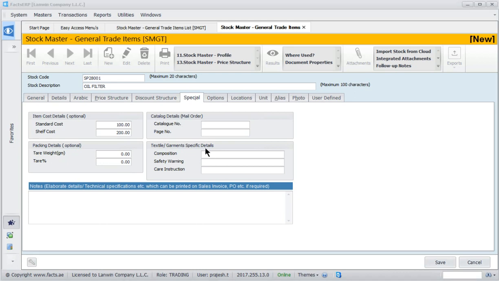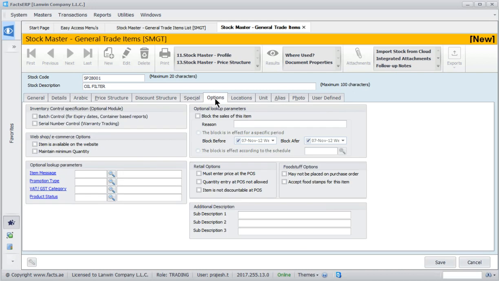We have this frame to enter the textile details, like if the item is something to do with textiles, then we have the composition of the item, safety warning, the care instruction we have to take for this particular item. Then we have space for entering a detailed description which can come in your sales invoice or purchase order printouts. Now we will go to the next tab called options, which will have several options.